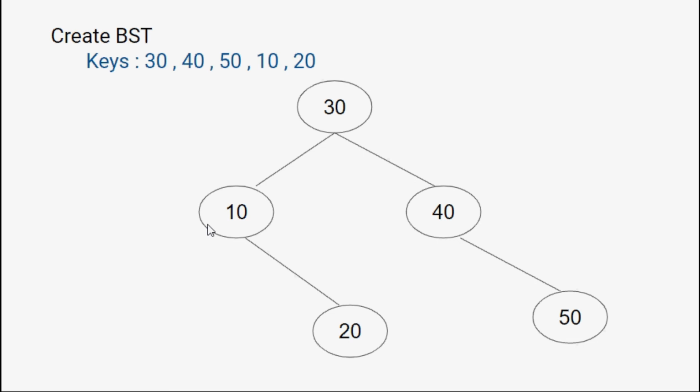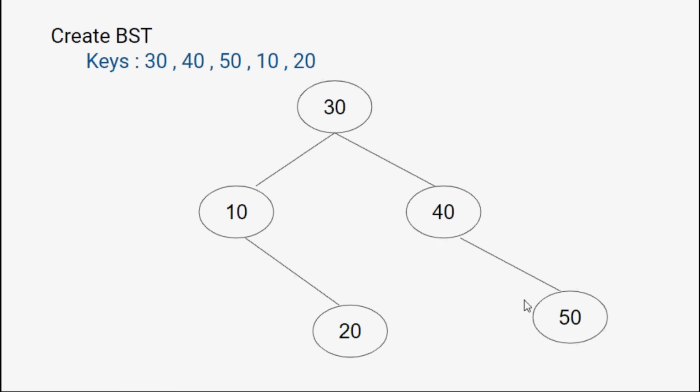The second point that you need to remember is that in the case of a BST, all the nodes on the left side of a node are less than the root node, and all the nodes on the right side of a node are greater than the root node. Look at this subtree. It has 10 and 40. Whenever I consider this subtree, I can see it has at most one child. Similarly the 40 subtree is also having only one child. Second point: all the nodes on the left side are less than 30, all the nodes on the right side are greater than 30.